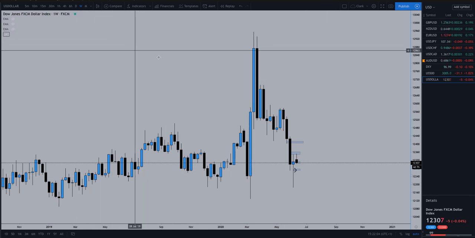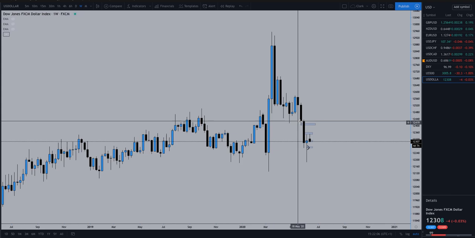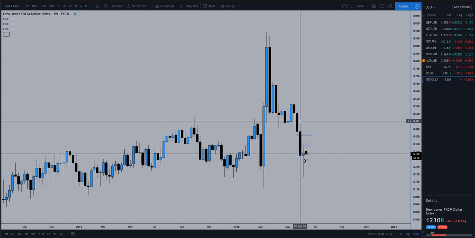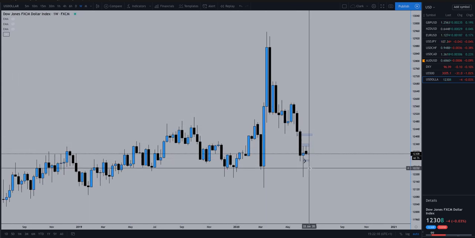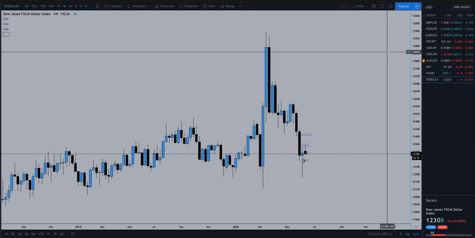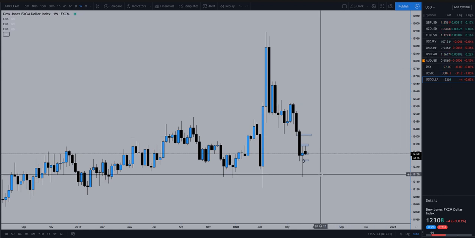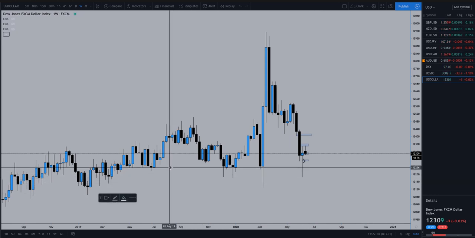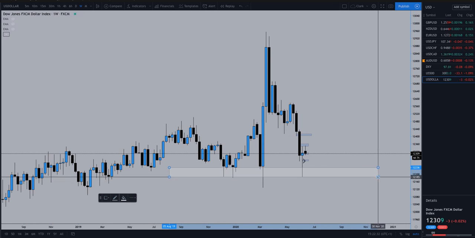So, I don't trade this symbol, but just use it to gauge the rest of the dollar crosses. Okay, it'll give you a good understanding for which direction these pairs are going to go. So we've got this nice zone here of support,